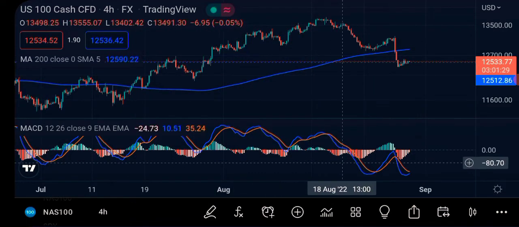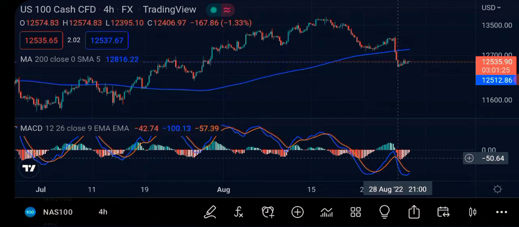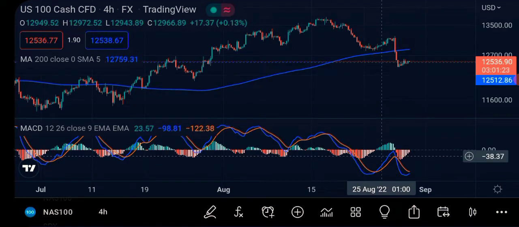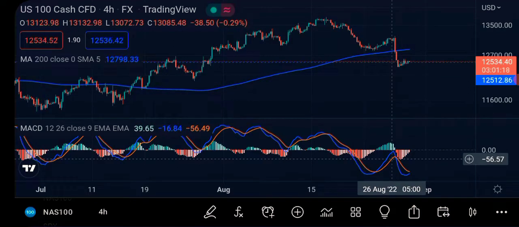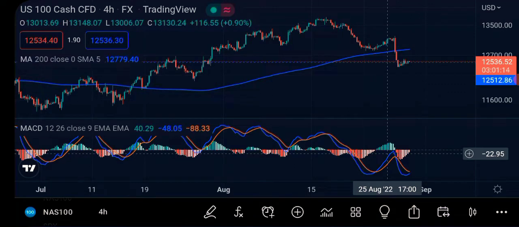But whenever it crosses below, like points like this, it means that it's still going to be a downtrend. So the last cross indicates that the market will still go on a downtrend, although